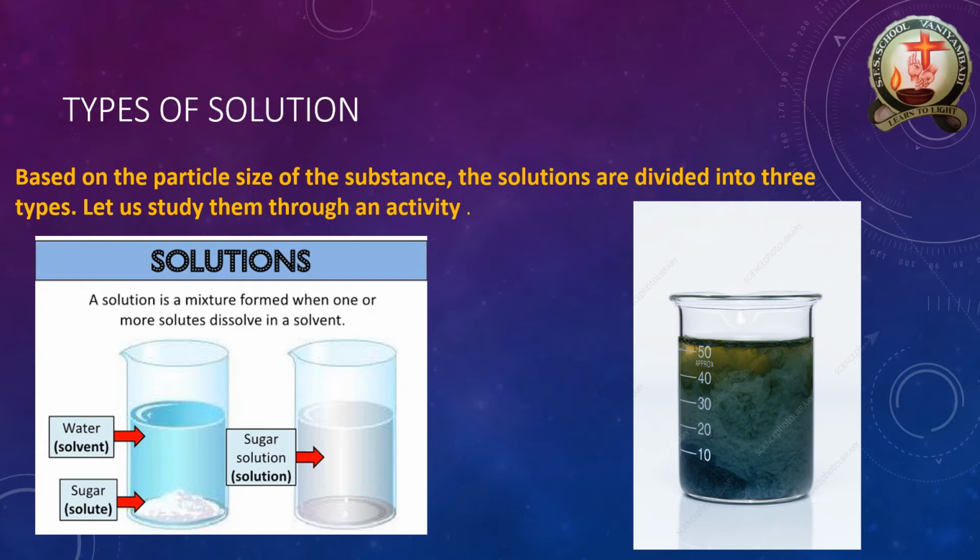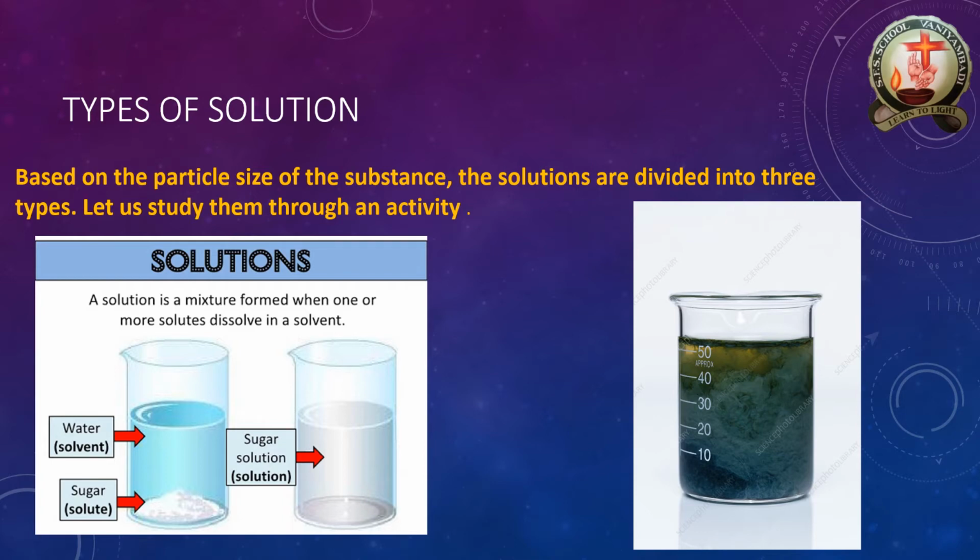See the structure here. One beaker is there, containing a solution, but immediately the solution forms two layers. See the difference here. The solute particle size is maximum, so the solvent is not compatible with this solute. Finally, we say this is a heterogeneous solution. This other solution is said to be a homogeneous solution.